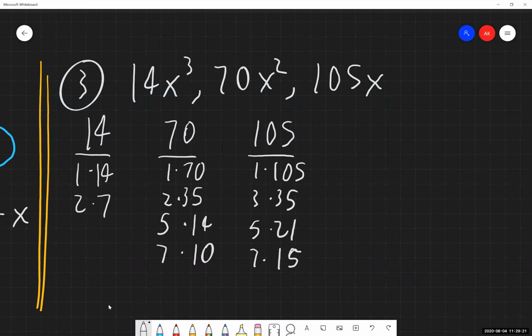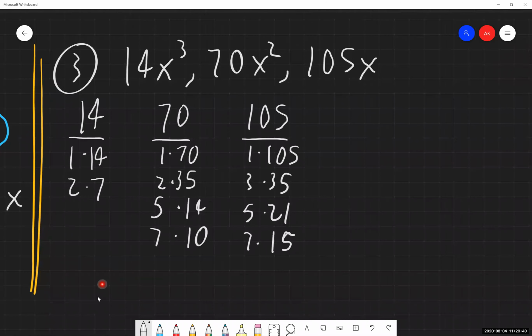So you're more than welcome to use your calculator to help you find those greatest common factors, especially with these really big numbers that are showing up in here. We can see ones where these numbers are even larger than 105, and we'll need to find all of these again as well. So again, our main point of what we're doing, we're trying to find the greatest common factor. What is the largest number that evenly goes into 14 and 70 and 105?